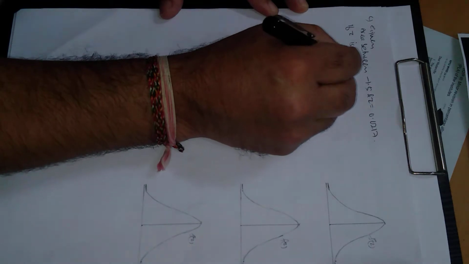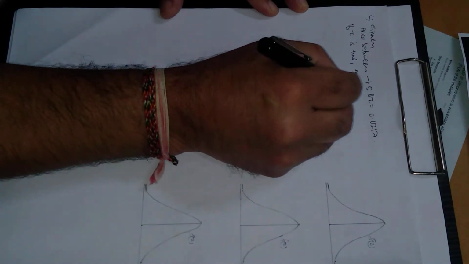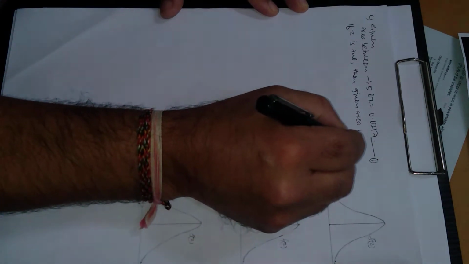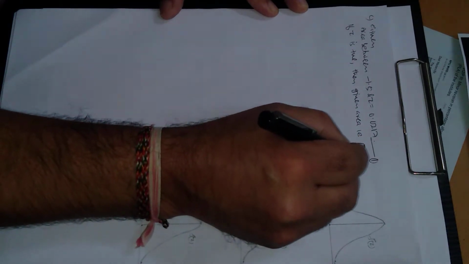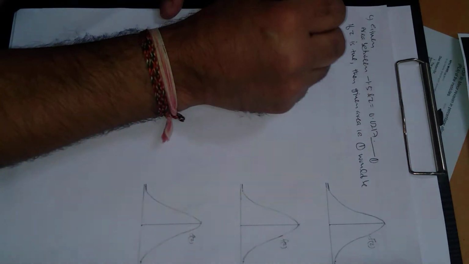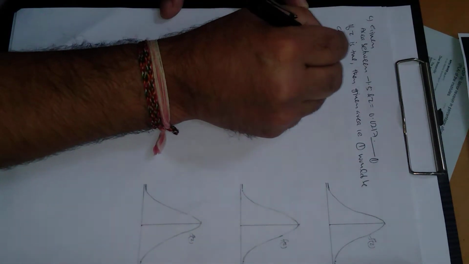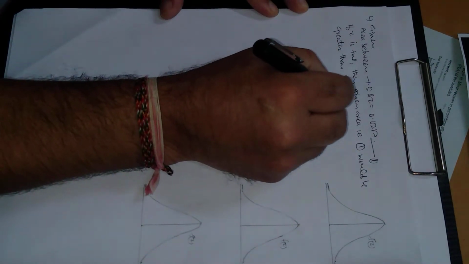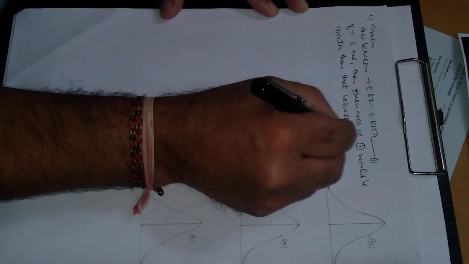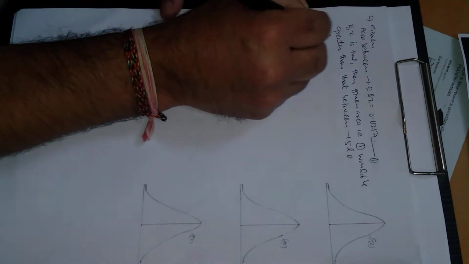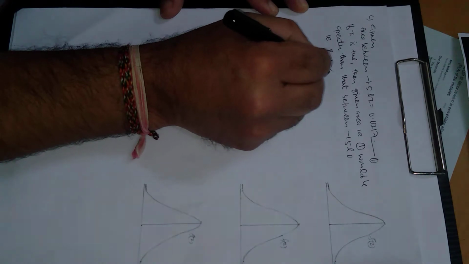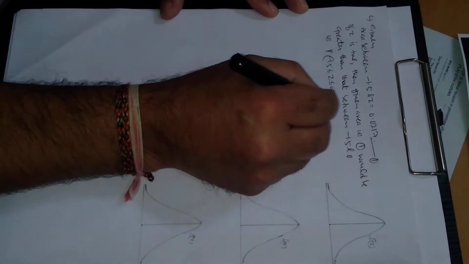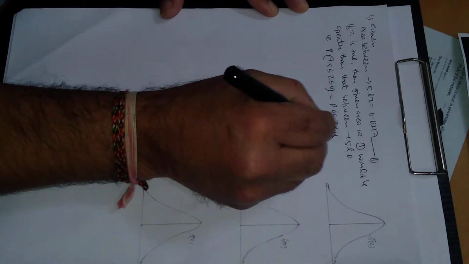If z is positive, then given area, this is 1, that is question number 1, would be greater than that between minus 1.5 and 0. That is probability minus 1.5 less than Z less than 0, and this by symmetry can be written as 0 less than Z less than 1.5